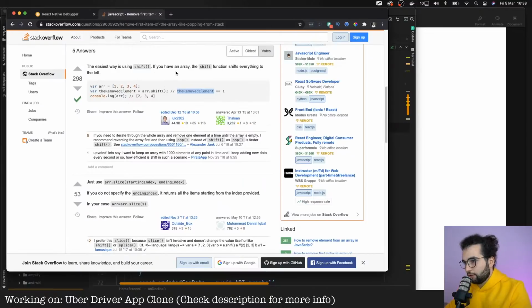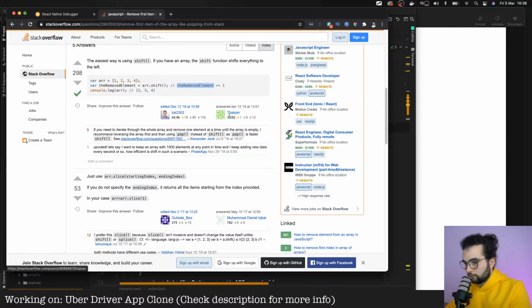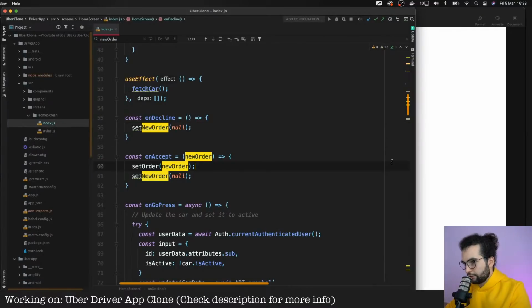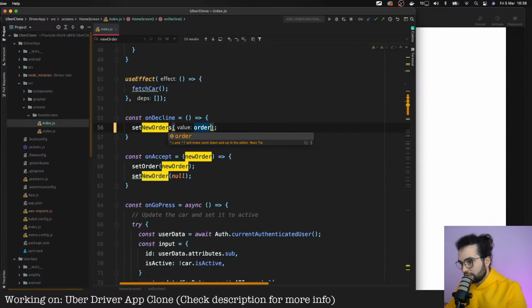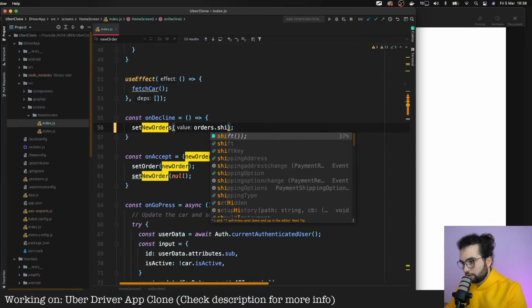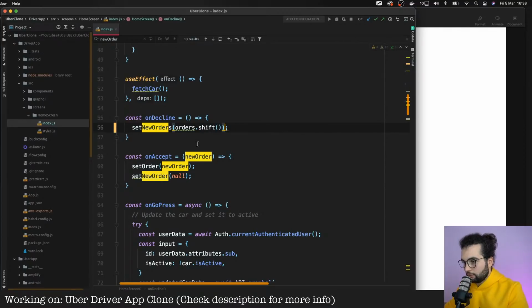The easiest way is the shift function, which shifts everything to the left. I think it's with slice, but let's try with shift. I have never used the shift. So set new orders to the orders dot shift. Okay, let's save and we'll see.